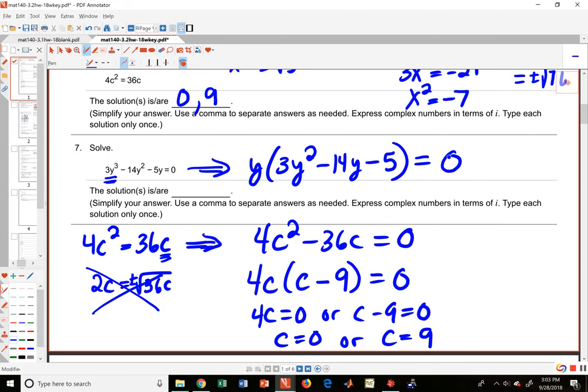All right, now we need to go a little farther here. We want to factor again. Now this factorization could be tricky. The 3y and y, that seems pretty obvious. But then when you do your outer and inner, you got to end up with a negative 14 when you're done. Now I have a lot of practice with this, and you will develop those skills as well. But I'm thinking 5, 1 like this. That would be 5 times 3 is 15, and then that 1 will give me